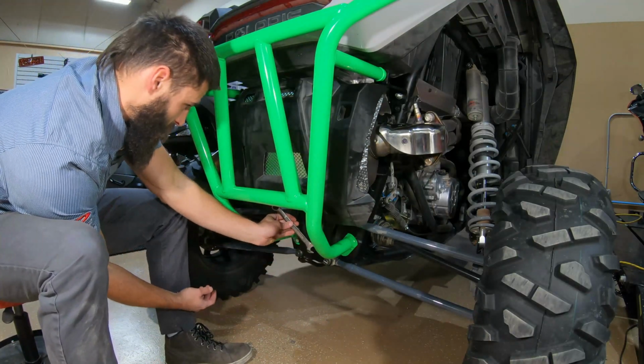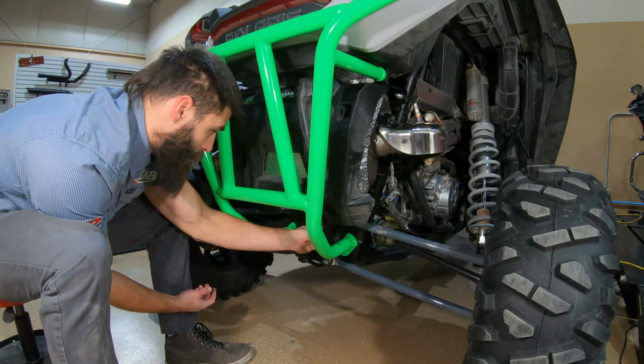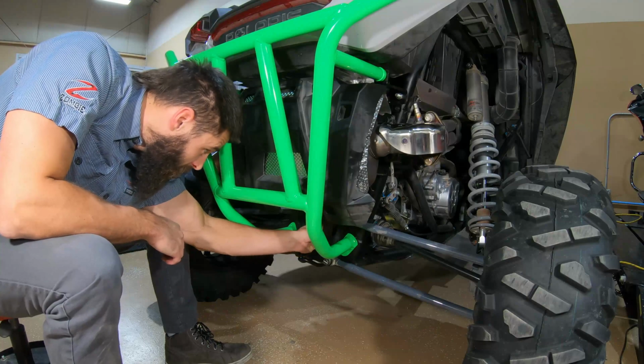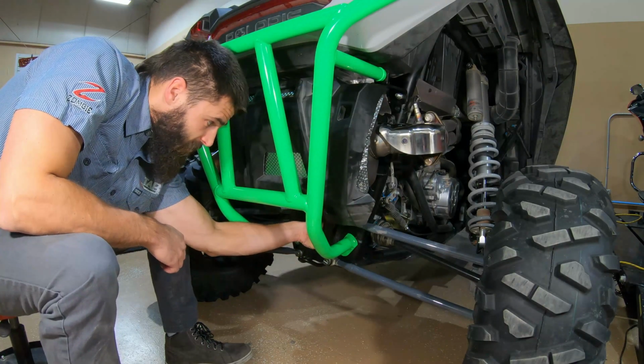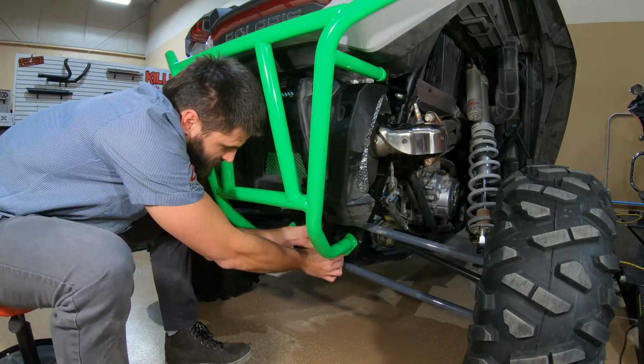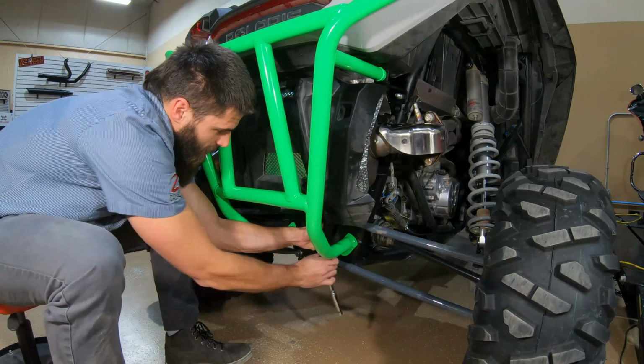But what works best for us is to just slip your 17 millimeter wrench all the way in there. And then just find that nut on the back, and you may have to adjust it to get it seated. Once you find it,